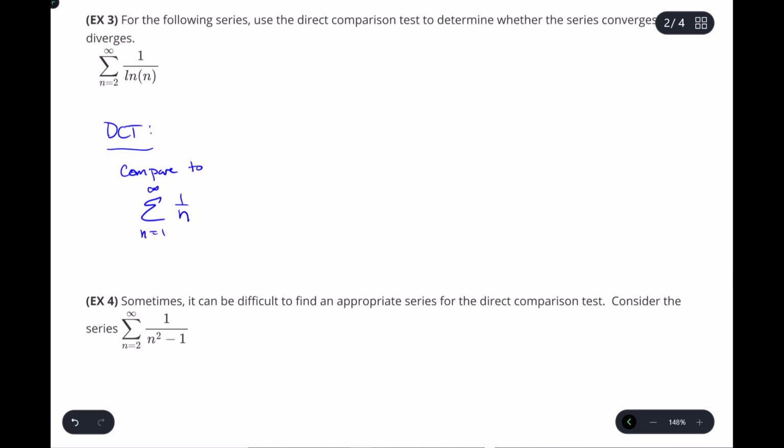So 1 over n. It doesn't exactly look just like what I have here because there's no logarithm, but logarithms grow very slowly. So I have the idea that this is probably not going to 0 fast enough to converge. So I'm picking a series that looks similar, but also diverges. So this is the harmonic series, and therefore it diverges. So what we would need, right, so we'll call this B sub n,